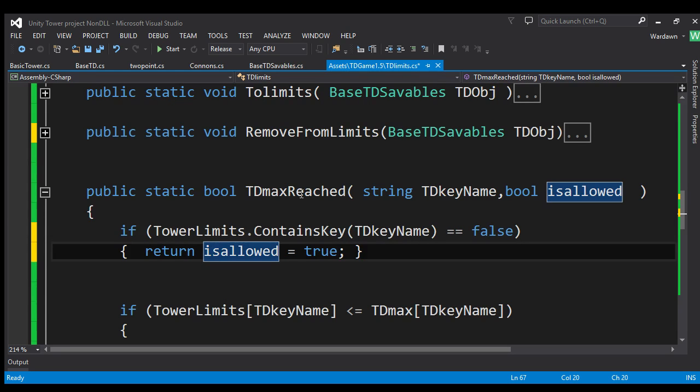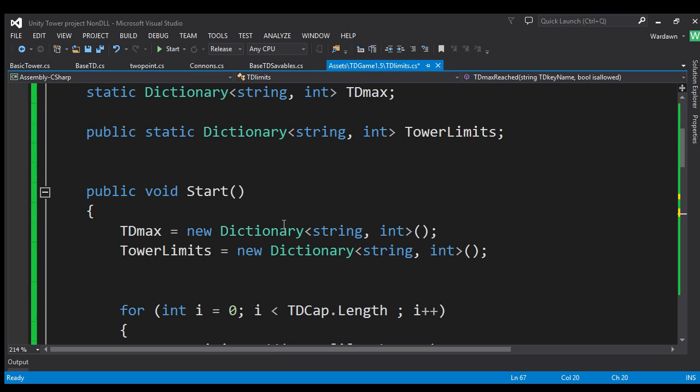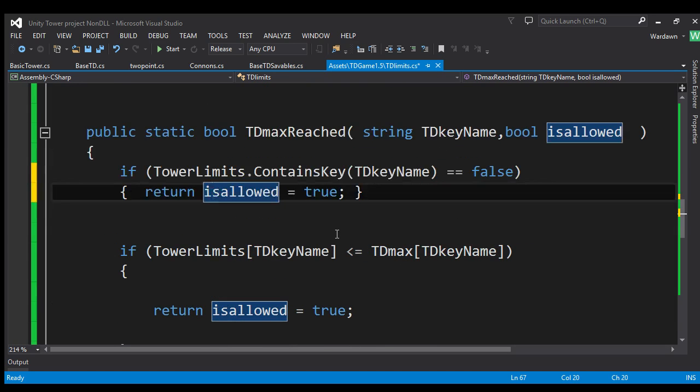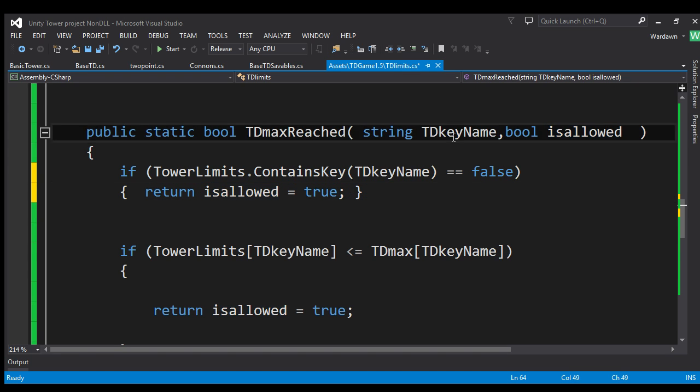I'm pretty sure this will always exist because of this reason, but any tower that's running this code will have to push in a string and a bool into its overloadable method, you know, for calling it. And tdlimits.containsKey, if it doesn't contain this key, false, then